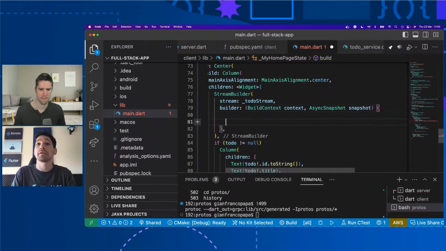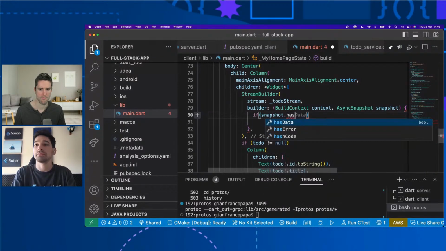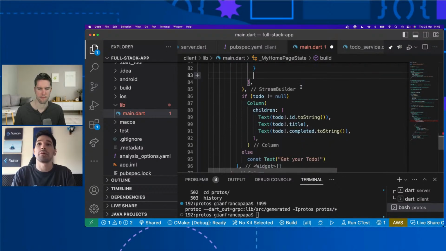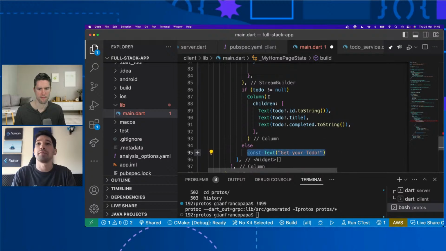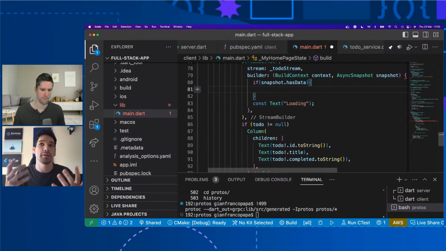So here in the snapshot, what we can do is check if there is any data, and else we can show maybe loading, because we will wait. Yeah, we have to cover that case in case nothing is in the stream yet. So if this has data, we can probably grab our to-do from the stream.